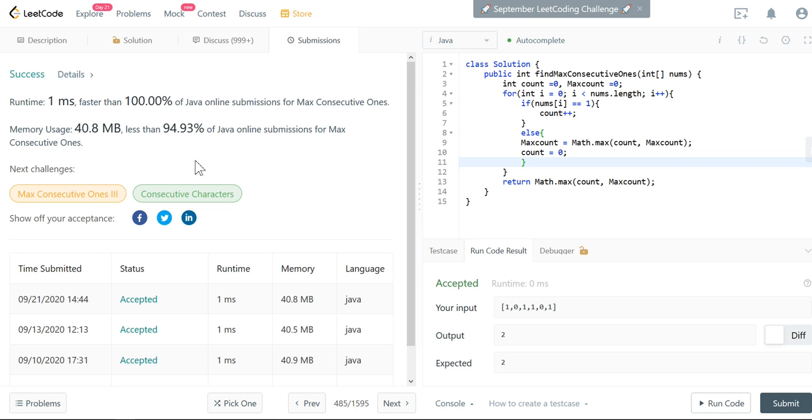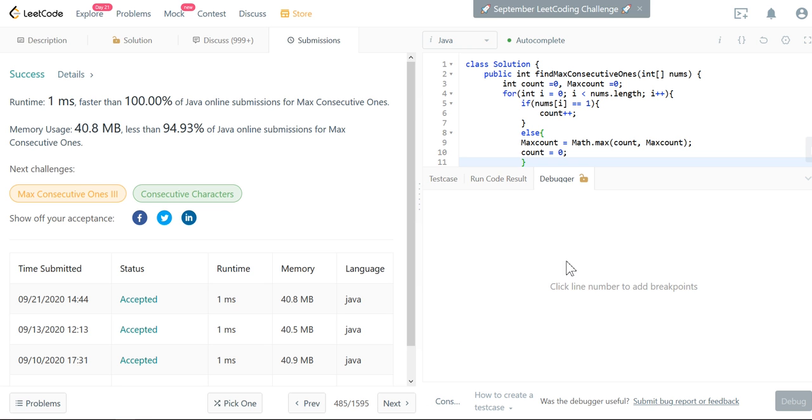Okay, so we did submit the solution. The problem was that I did not use an if else. Instead, I was just going out of this loop to just use an if and not an else. So you see, whenever you encounter a problem, you should be able to figure out what exactly is going wrong with your solution. So it's always better to code it out. It's not necessary that you code on Leetcode. You can go somewhere else and just print out the exact things that are happening, or you can use a debugger over here, because I think the debugger is also a very good way to see what is exactly happening